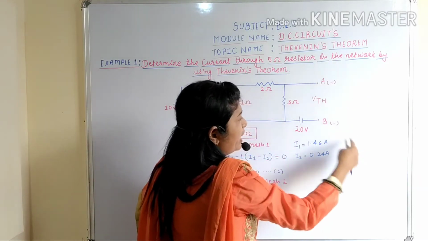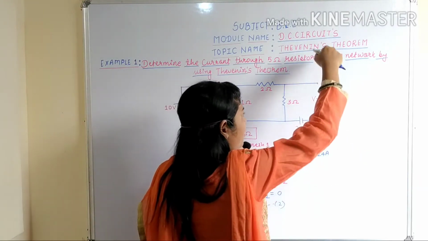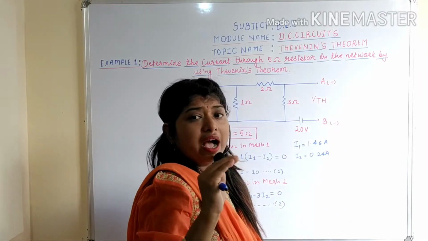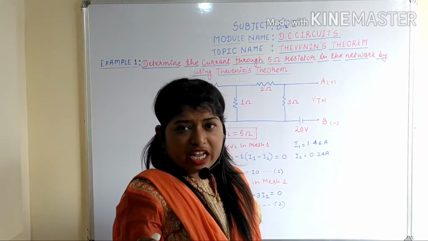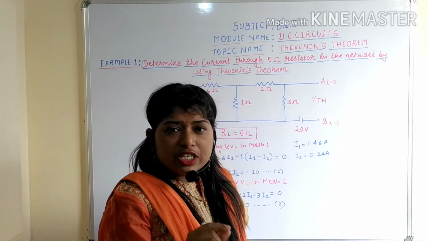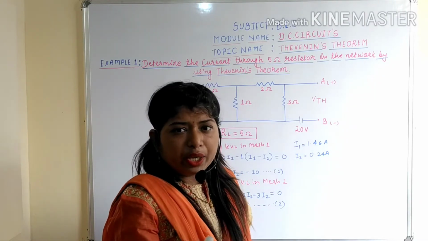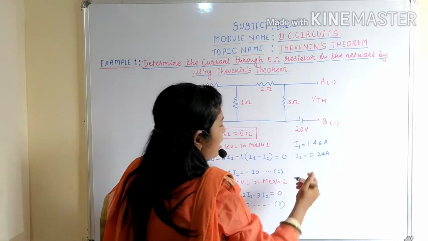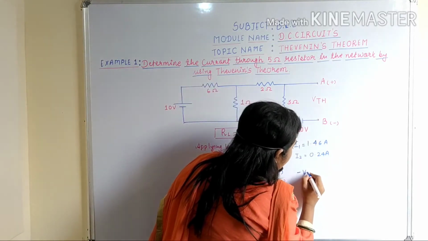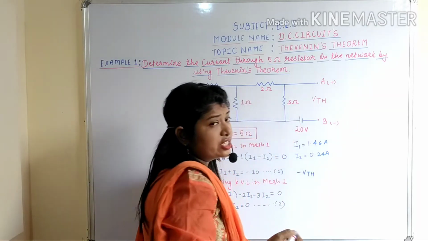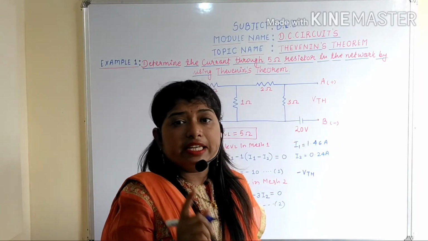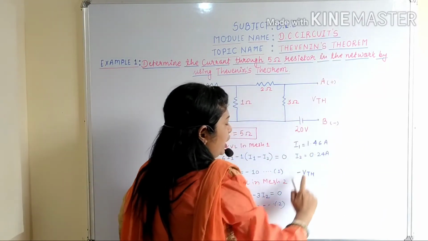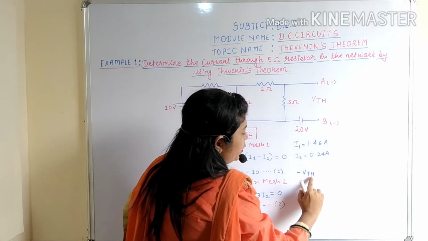Consider positive to negative potential. If we go from higher potential to lower potential, from the positive terminal of the battery to the negative terminal, there will be a fall in potential. Am I right? So can you tell me whether you are going to consider plus VTH or minus VTH? Definitely the EMF assigned is always negative. So if we go from here to here, the equation becomes minus VTH.